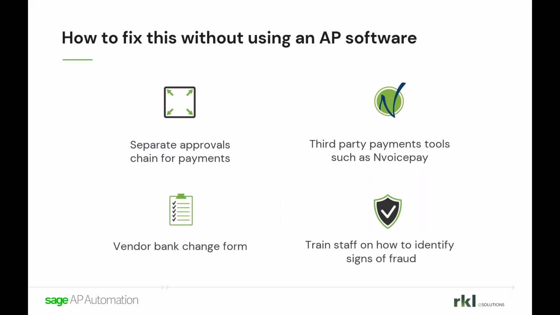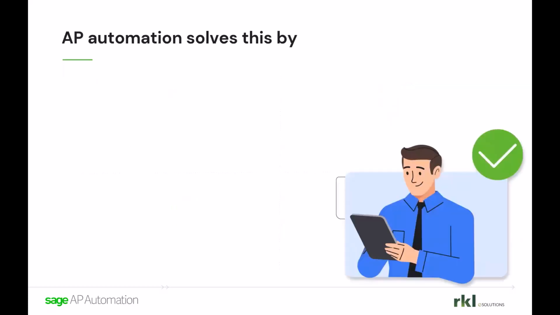So things like that to keep an eye out for and to train your team on what to look for. Now those changes are all good, of course. You can definitely implement them as easily as today or tomorrow, creating a vendor bank change form, something like that. But of course, now you could step it up a notch potentially with automation. So then with AP automation,